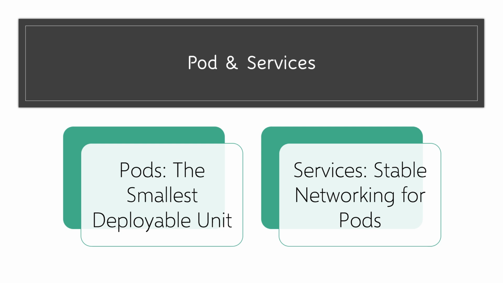Pods, the smallest deployable unit. Now, let's zoom in further to the heart of Kubernetes, the pod. A pod is the smallest deployable unit in Kubernetes. It represents a single instance of a running process in your cluster. Unlike traditional virtual machines, a pod can run one or more containers, usually tightly coupled to work together. These containers share the same network namespace, meaning they can communicate with each other using localhost, and they also share